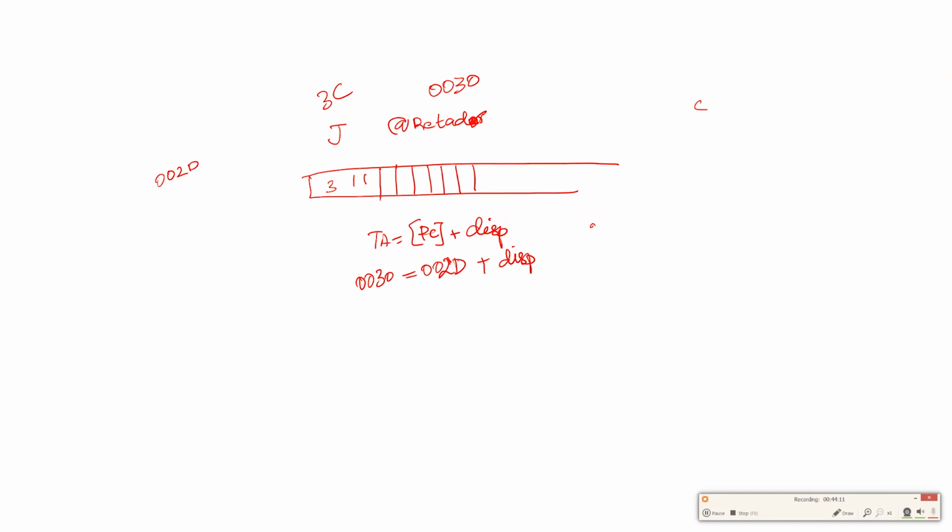So displacement is equal to 0030 minus 002D. So this becomes 2 and 16. 16 minus D. So D is, A is 10, B is 11, C is 12 and D is 13. 16 minus 13 is 3. 0003. So I'll get the answer as 0 0 3.